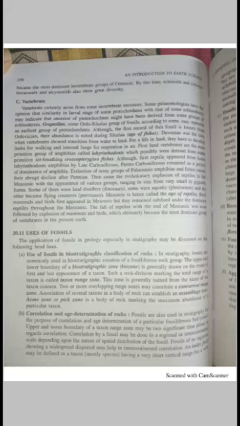Correlation by a fossil may be done on a regional or international scale depending upon the nature of the spatial distribution of the fossil. Fossils of an organism showing widespread